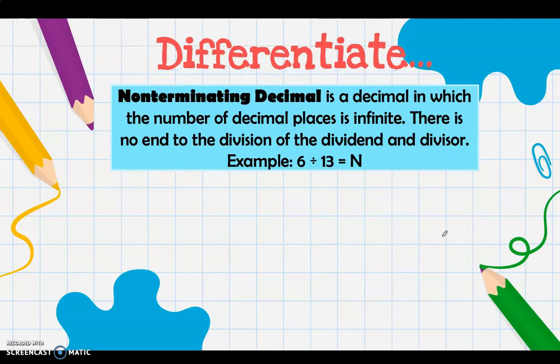Okay, next, another is non-terminating decimal. It is a decimal in which the number of decimal places is infinite. There is no end to the division of the dividend and divisor. For example, we have 6 divided by 13, I'm sorry. So, add decimal point. Then we have that is